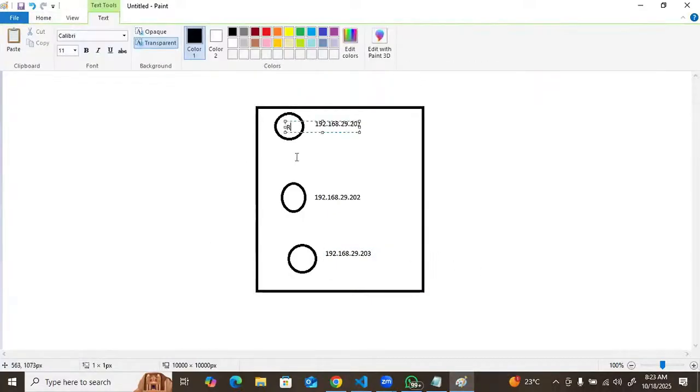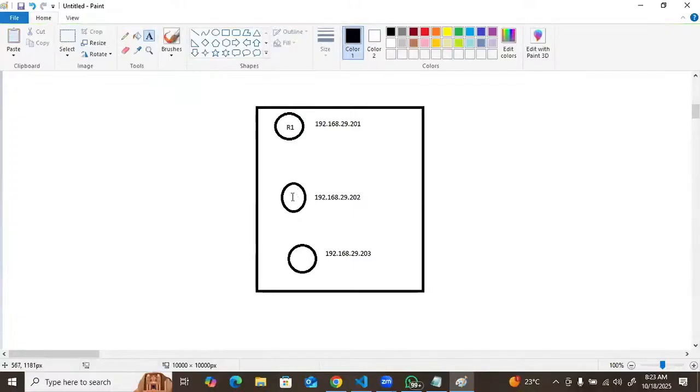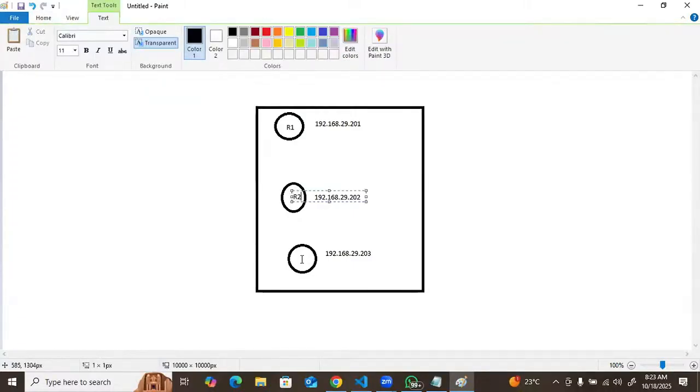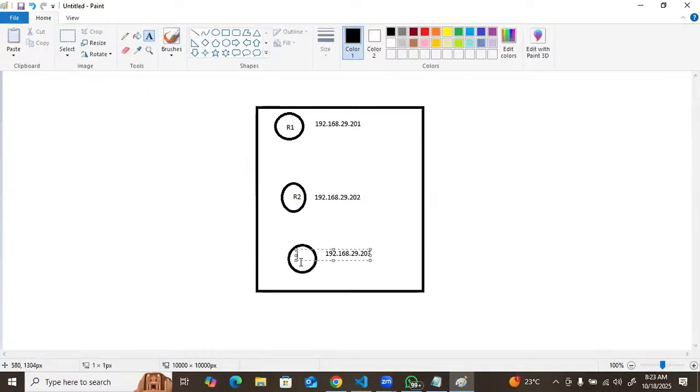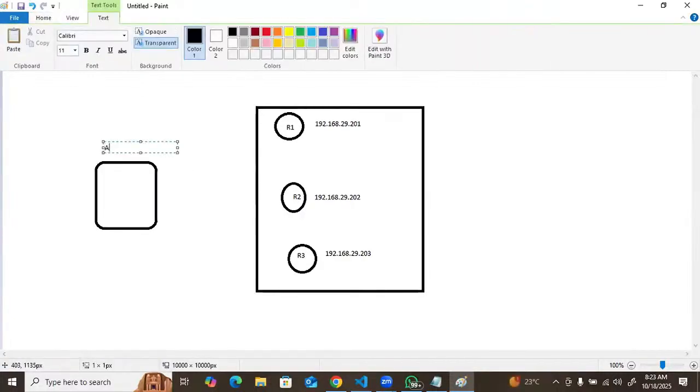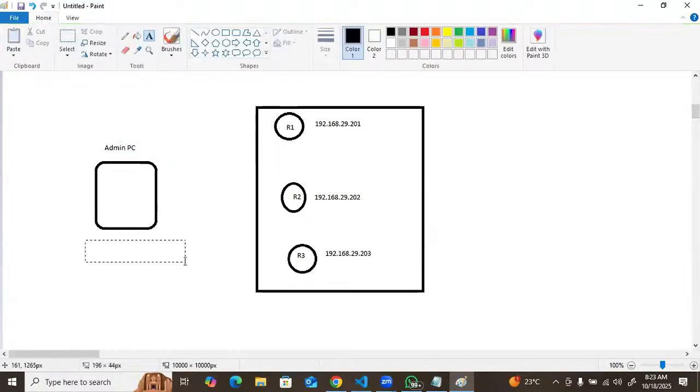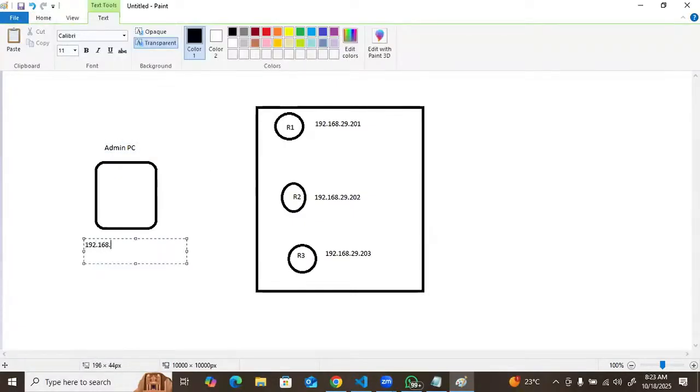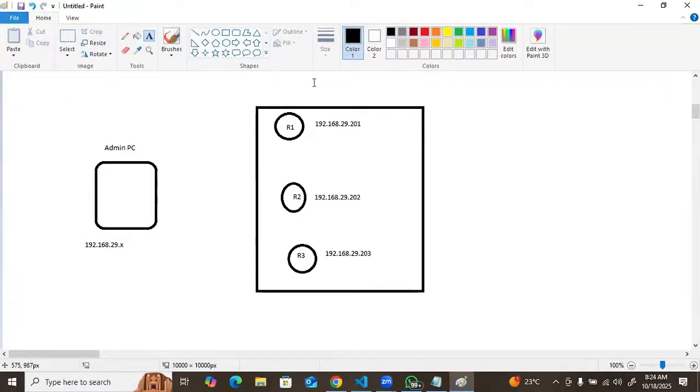Consider it's R1, R2, R3. And there is my admin PC. This is my admin PC. And it has the IP address 192.168.29.x something. I have to check, right? So from my admin PC, I'm able to reach these IP addresses.